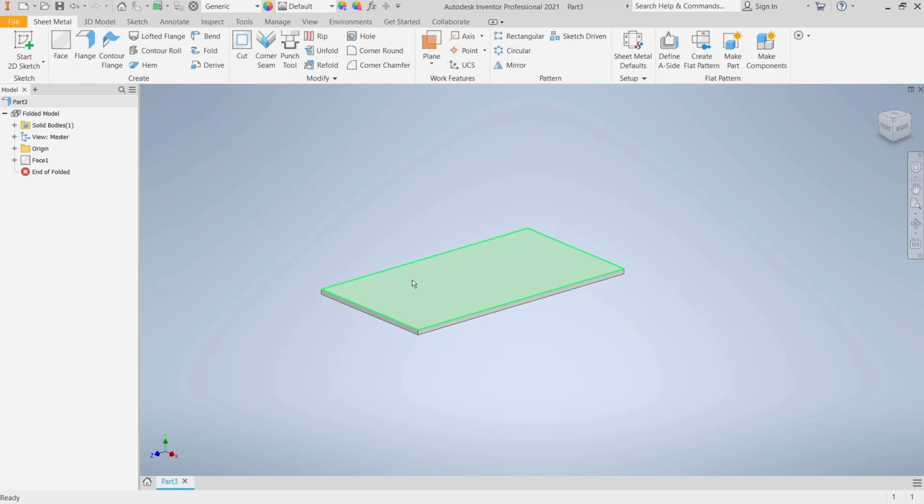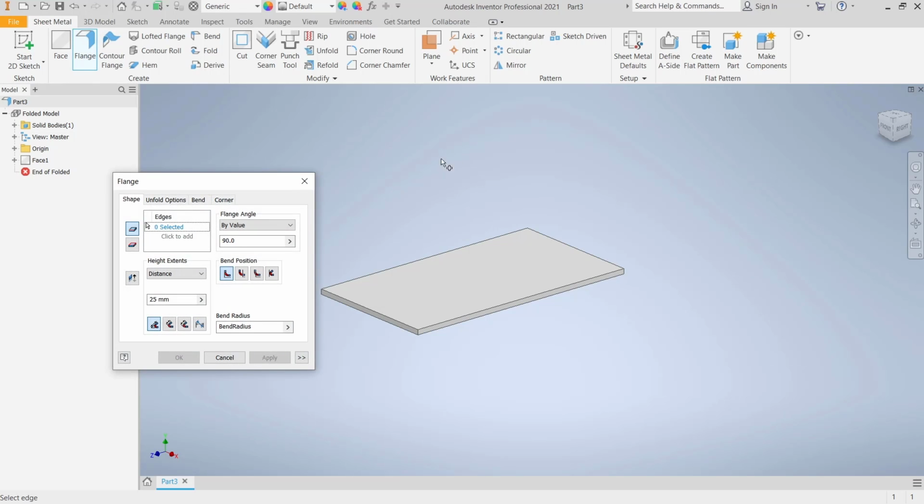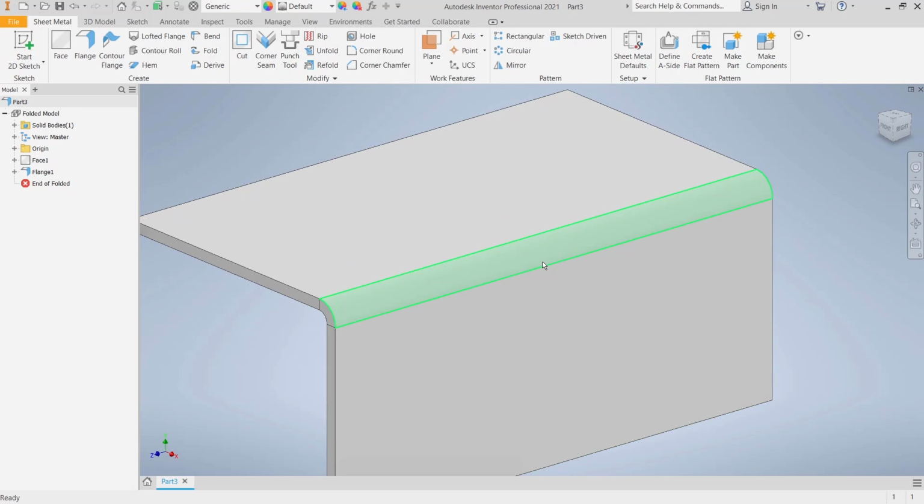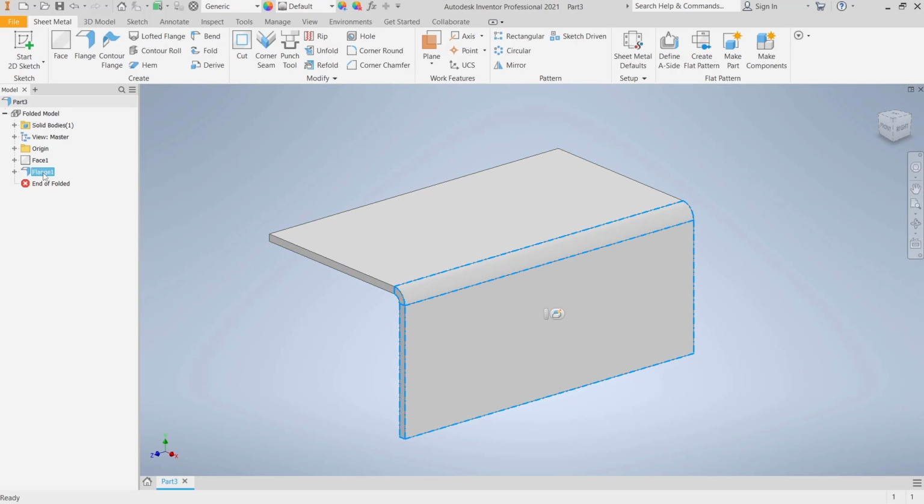Now I will create a flange with this flange tool and then click at this edge. Click OK. But you need to change the height into 10. Click OK to apply. So if you want to create an offset on this flange, you can select the flange tool, right